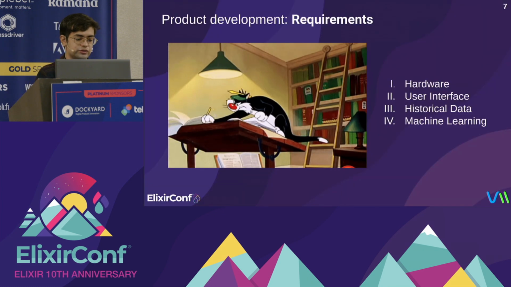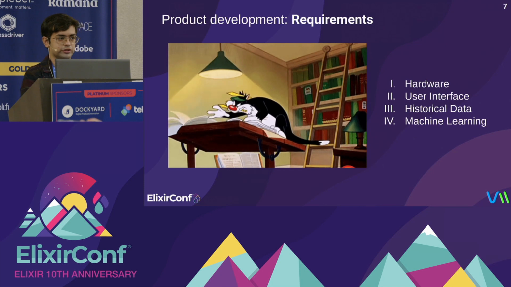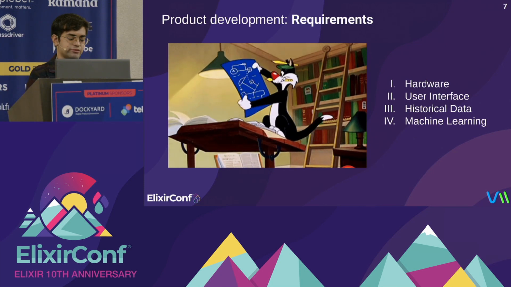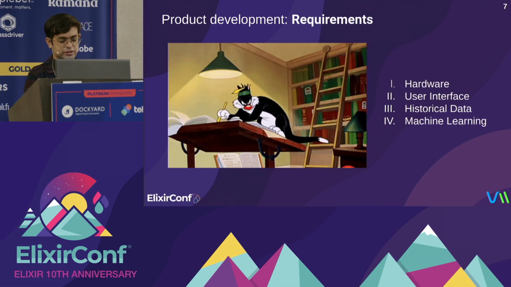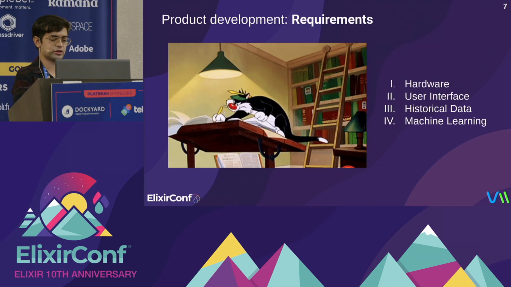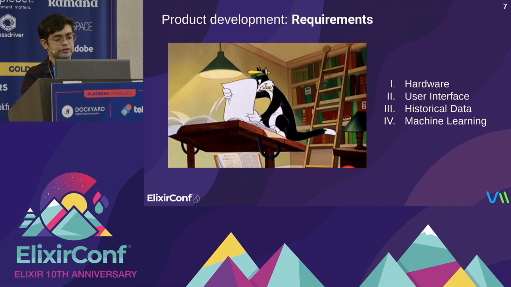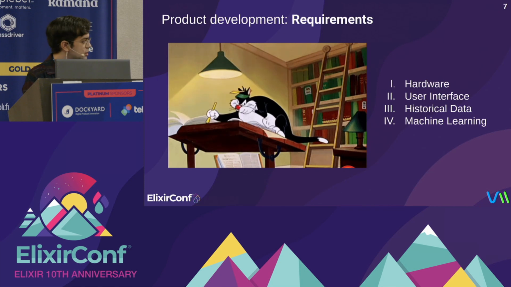So we have these requirements. We need hardware to interact with the physical variables. We also need a user interface to configure and calibrate our device. This is because not all our customers will have the same environment, so it is wise to add this kind of interface. We also need a way to store historical data to analyze the logs, alerts, and events, and maybe some machine learning to do signal processing, pattern recognition, or even edge computing.